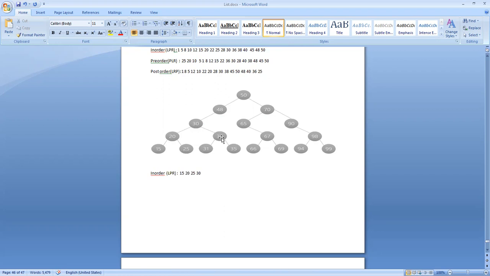32 is a parent. So the left child, 31. Then the parent. Then the right child, 35. Now the parent of 30, that is 48.